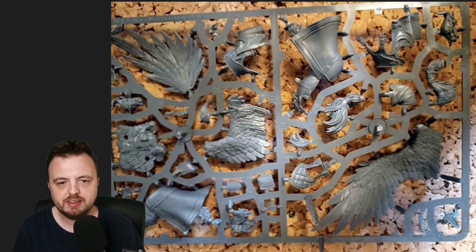Well, we may have our first in the flesh Warhammer The Old World leak. Now the source of this is pretty incredible, but the image we are about to look at looks pretty genuine. So let's have a look at it first, talk about the source, and talk about what this means. Now this is the main image that has leaked, and as you can see, you might be asking, like, what